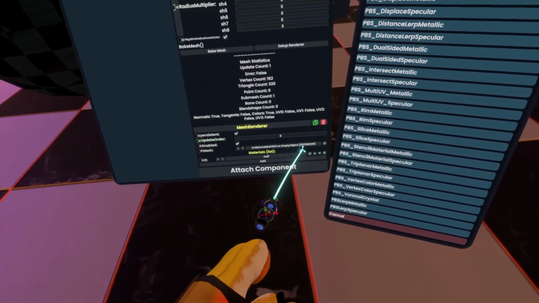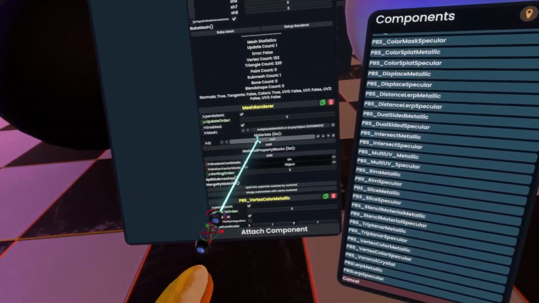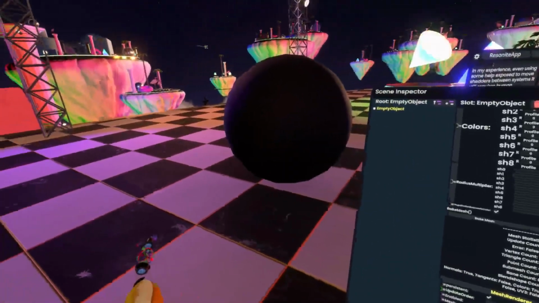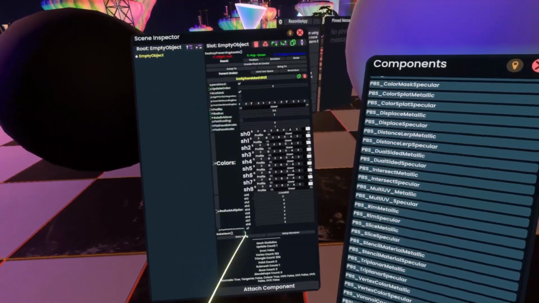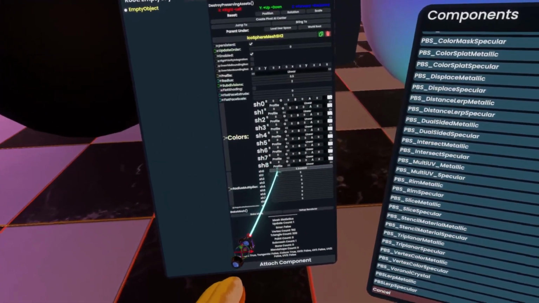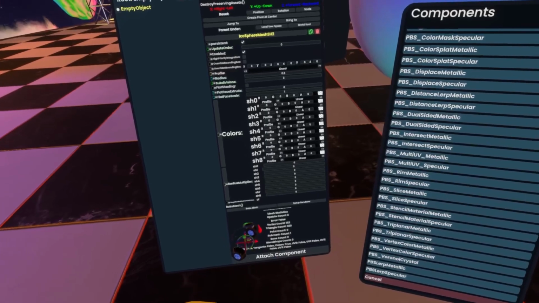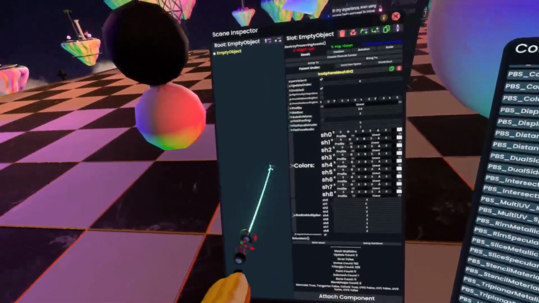Don't want this one. Plug in the vertex color, metallic. There we go. So I think it's inverted by default. No, it's dark by default. Never mind. So if I actually remove this one and I only give it the positive band, you see